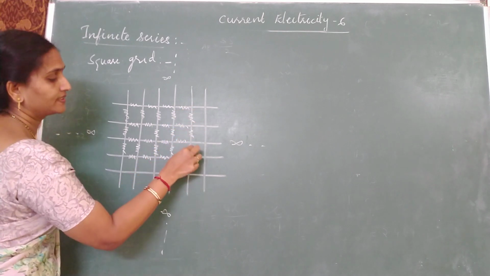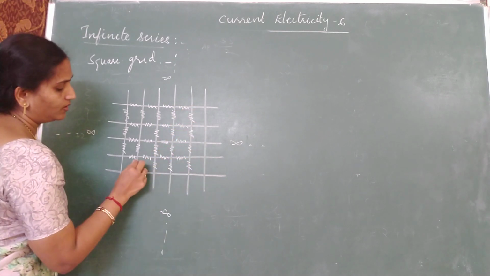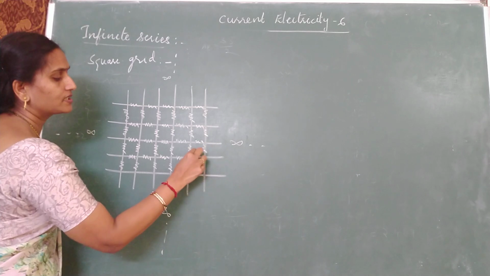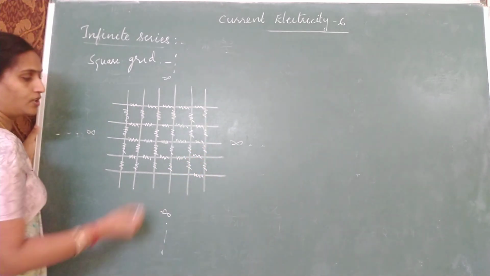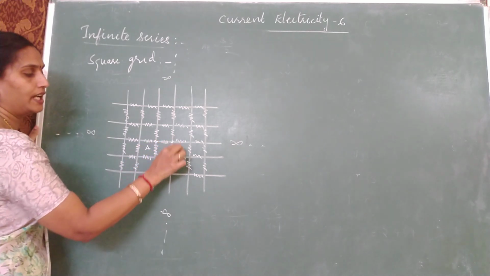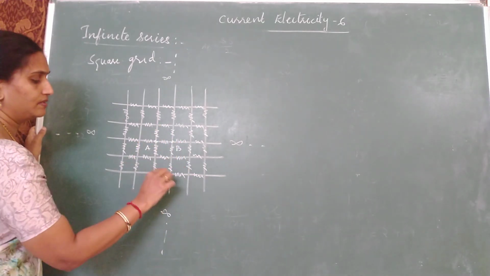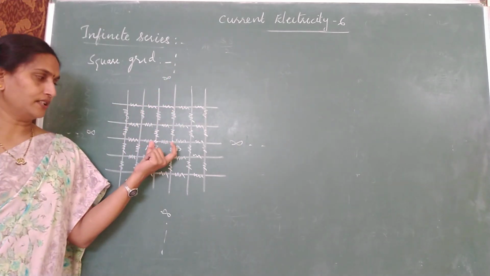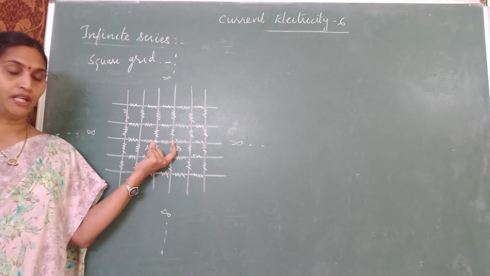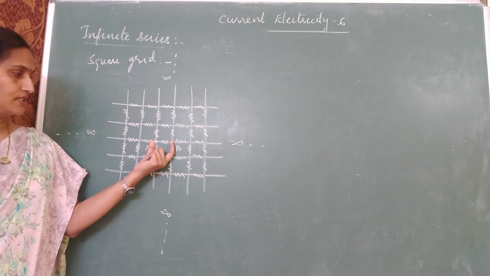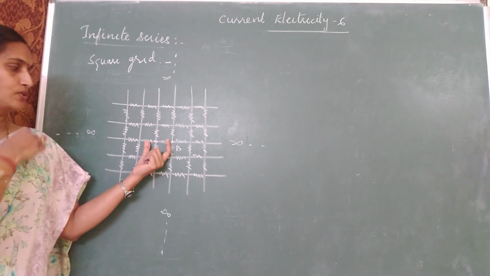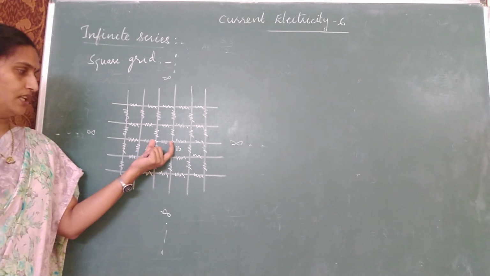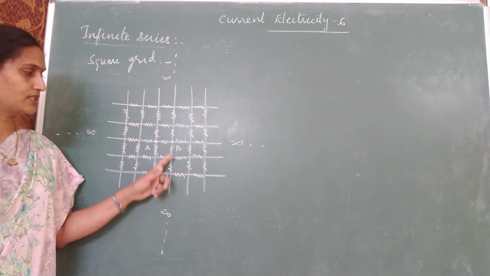Okay, let me make it fast. Now look at the question. How do we determine equivalent resistance across A and B, one edge of this grid? Everywhere resistors are tending to infinity, but you have to calculate the equivalent resistance across A and B. So for such type of infinite grids, there are two different methods to solve. One is by using the superposition principle. I will tell you this principle later. Another is by using our logical approach. So let me tell you the first method.